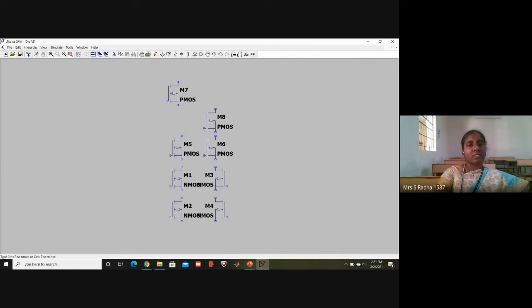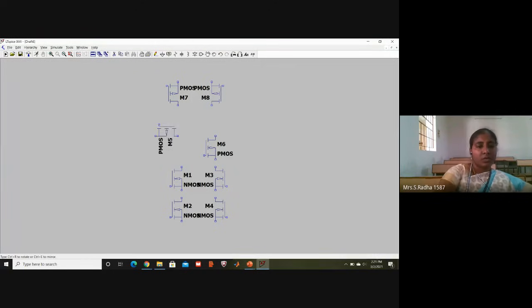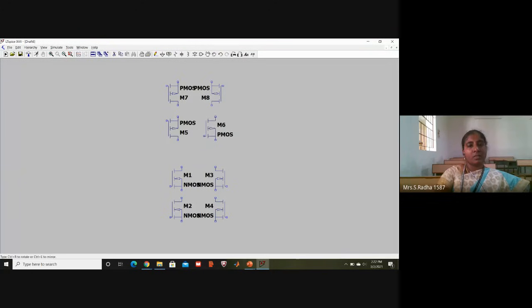This is the PMOS transistor: Control R, Control R, Control E. This is the PMOS structure. I want them like this, facing each other. You fix it here in the window. I am going to the next PMOS: Control R, Control R, Control E. Two times Control R is enough on the right side, because the input should be outward in.